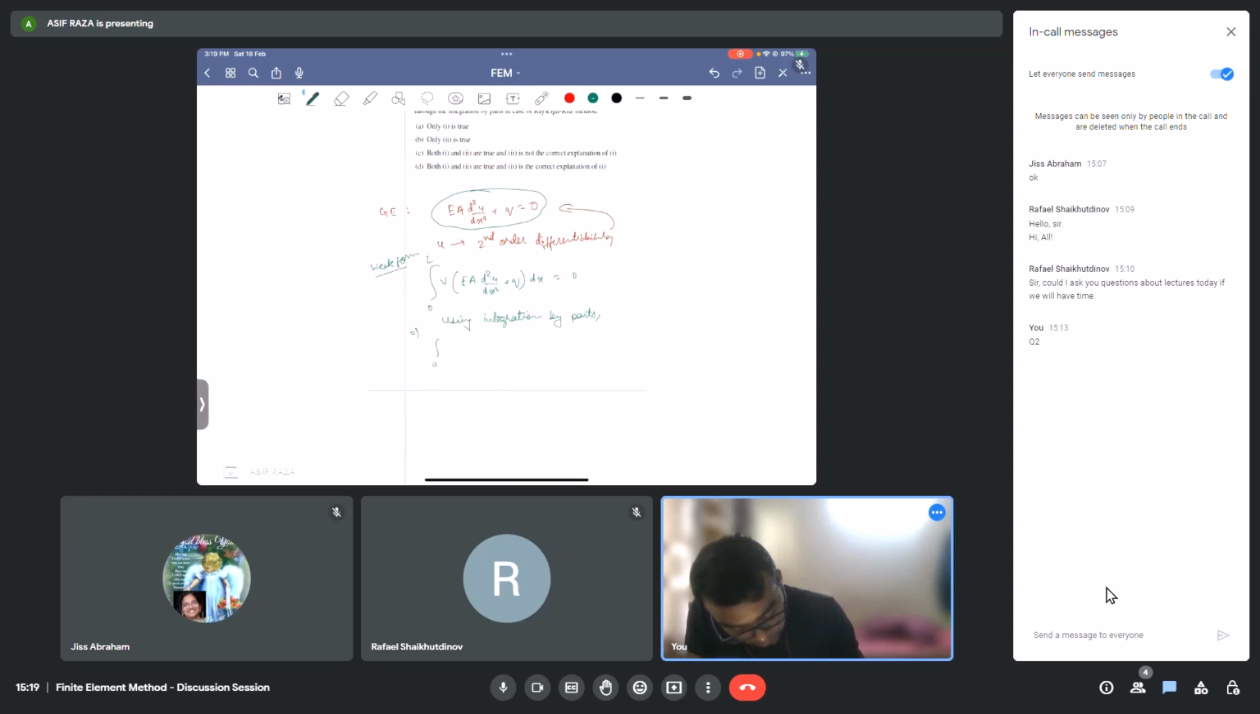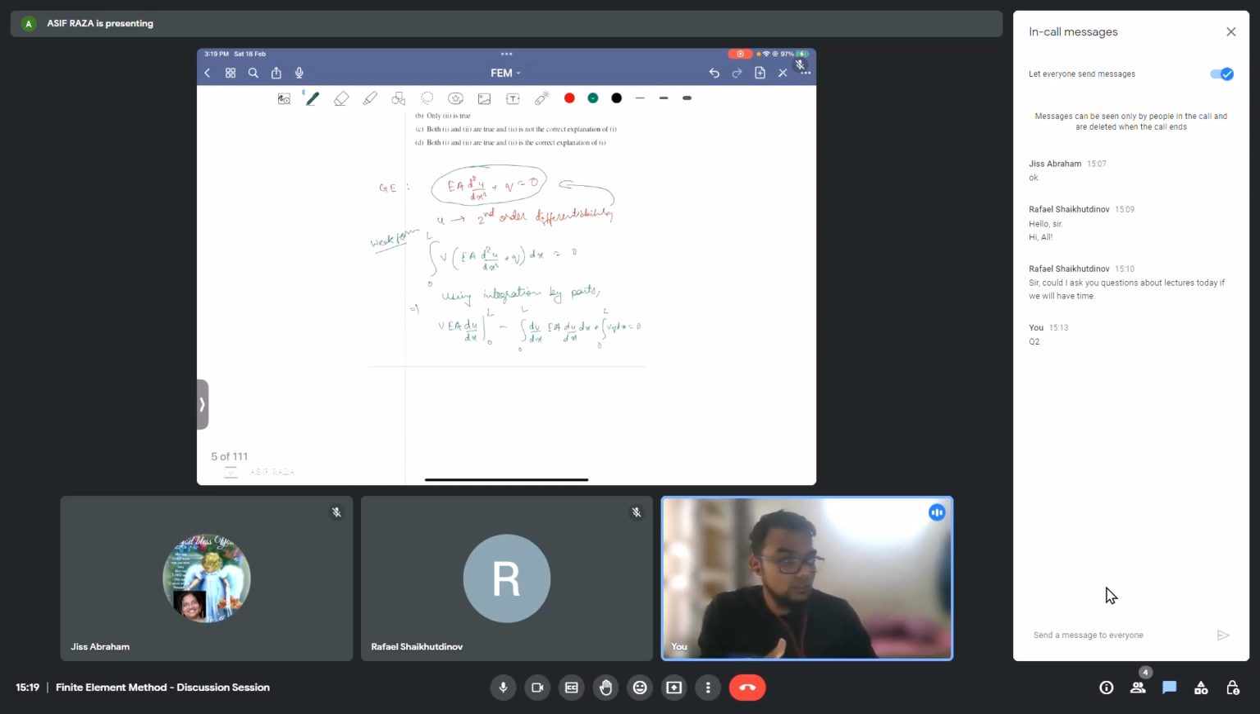We get integral from 0 to L of v, then v times EA du by dx at the boundary, then minus integral from 0 to L of dv by dx times EA du by dx, plus integral from 0 to L of v q dx equal to 0. This can be further simplified. So if you see this weak form,